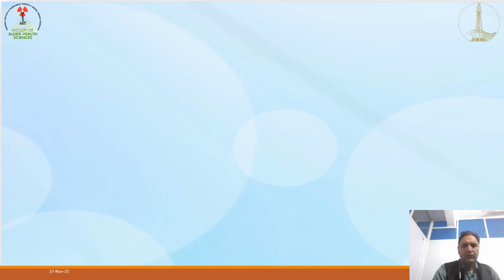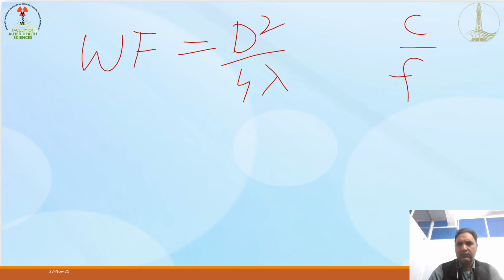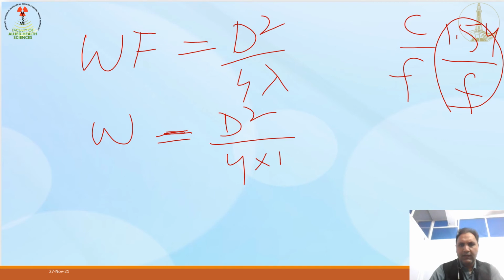So if you put that value of lambda in the initial formula of the wavefront, which was equal to D squared over 4 lambda, where lambda was C over F, and C was 1.54, and F is the frequency, we'll get the distance of the wavefront from the source to that convergence point: D squared divided by 4 multiplied by 1.54